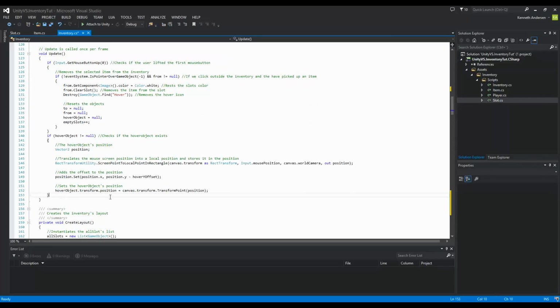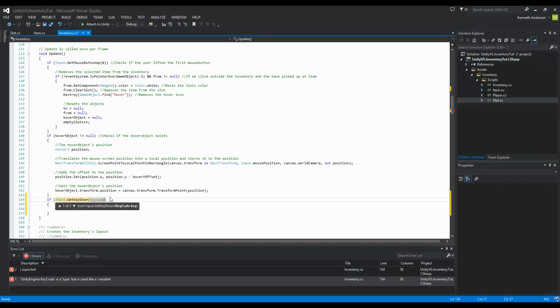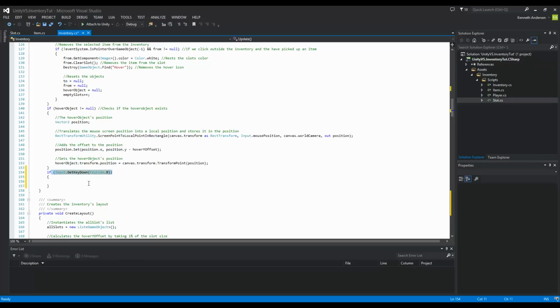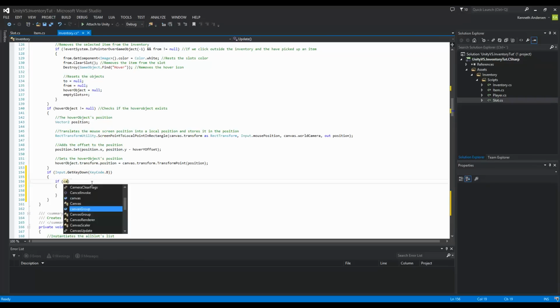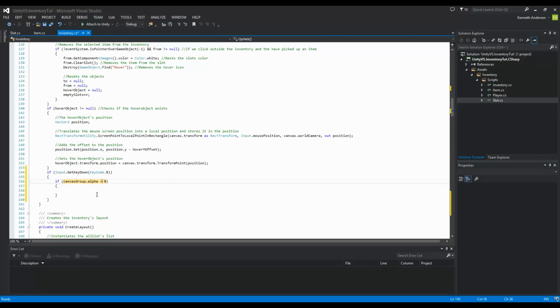So in update, we're going to make an if statement that says if Input.GetKeyDown KeyCode dot, and it depends on whatever code you want to use. If it's I you want to open for inventory, or B for bag, or whatever, I'm just going to use B. So if I press the key down that's called B, then I want to open my inventory, or close my inventory if it's already open. So if my canvas group dot alpha, if that is larger than 0, then I know that my inventory is open,